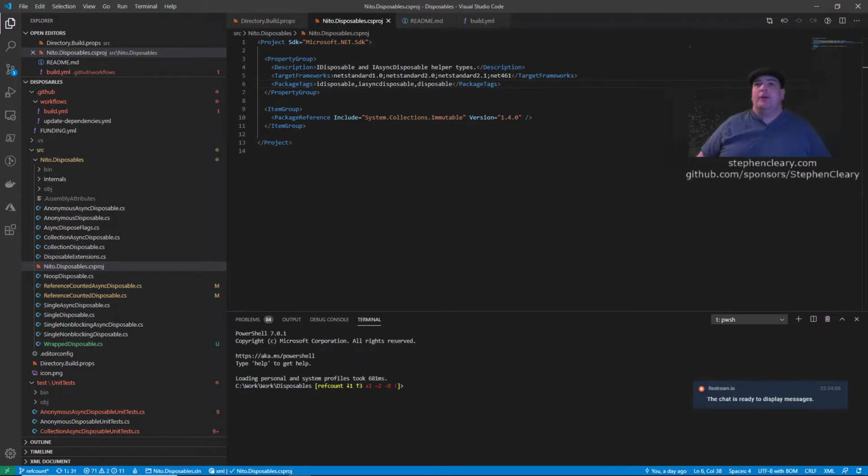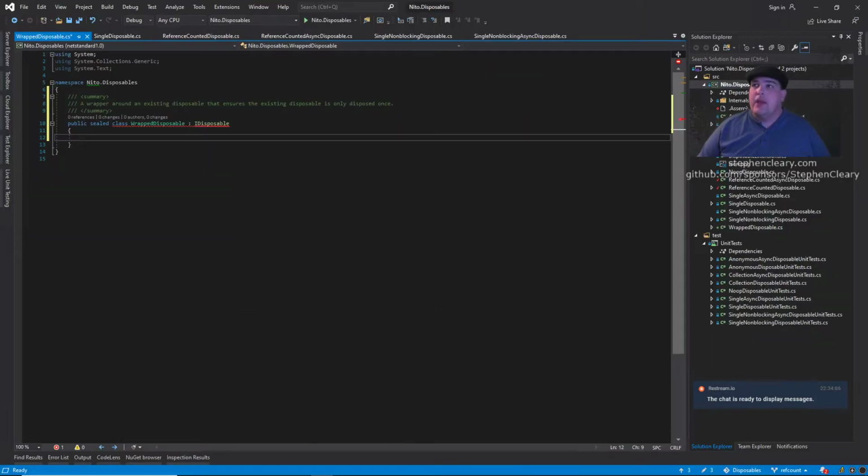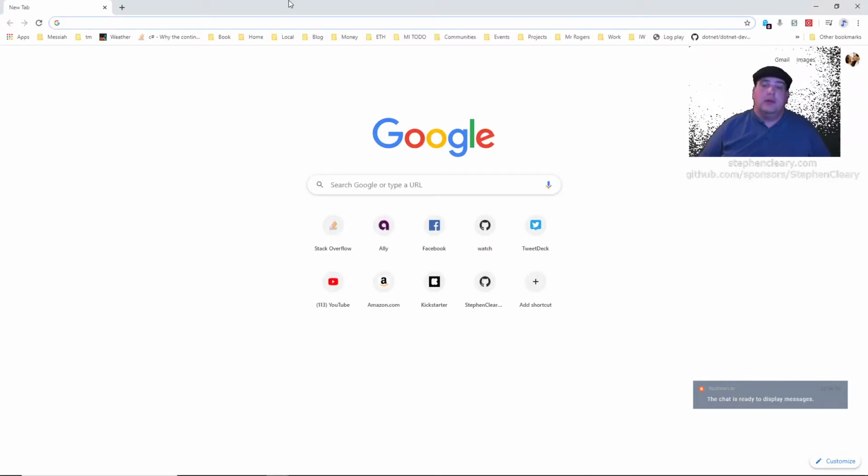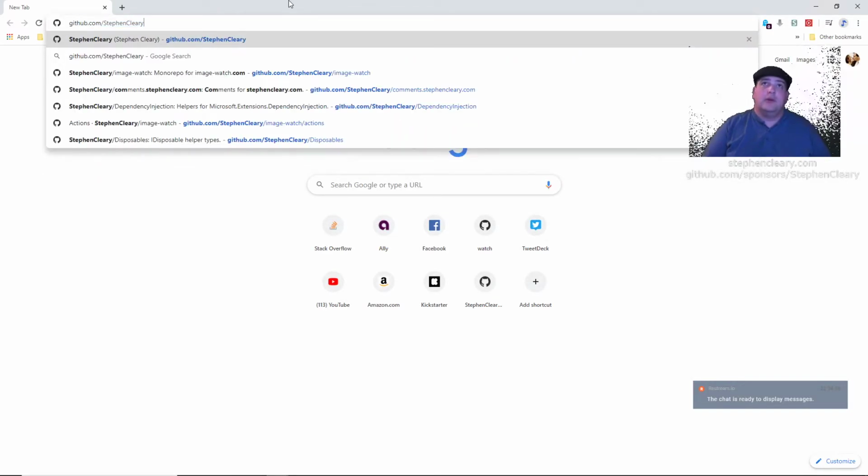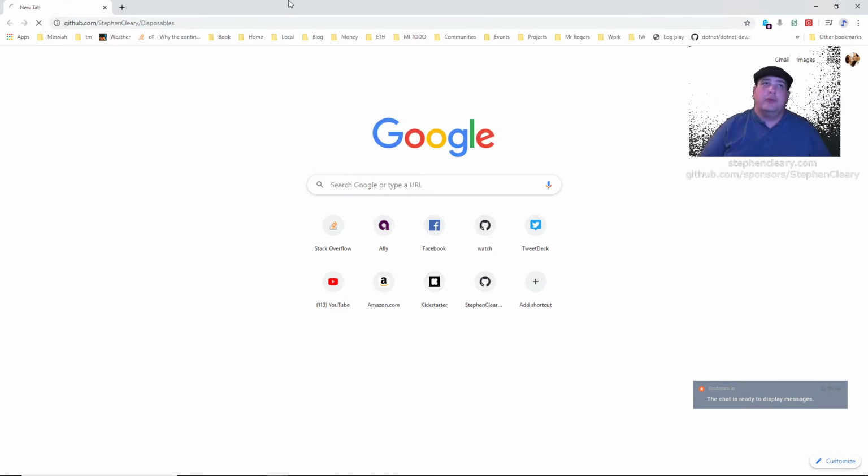I realized when I was writing this reference counted disposable just a little while ago that a lot of the behavior, or I want it to also wrap a disposable, and this is something else that's in the list here. So if I go to disposables,